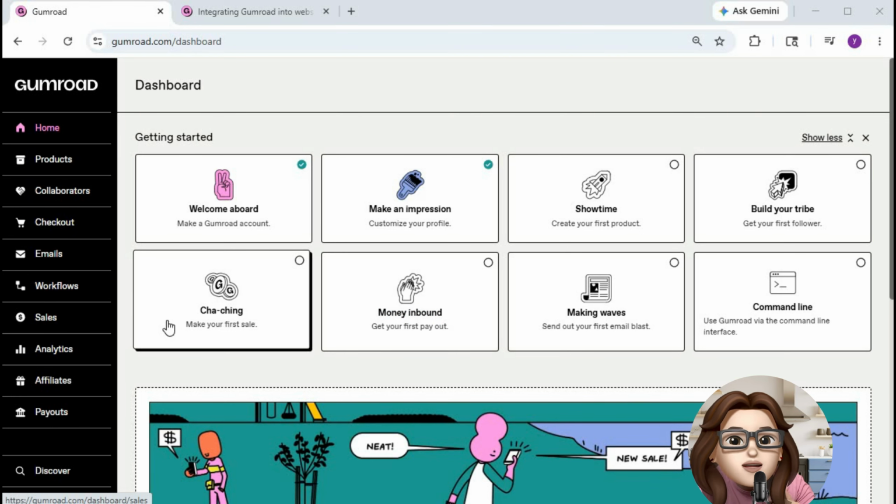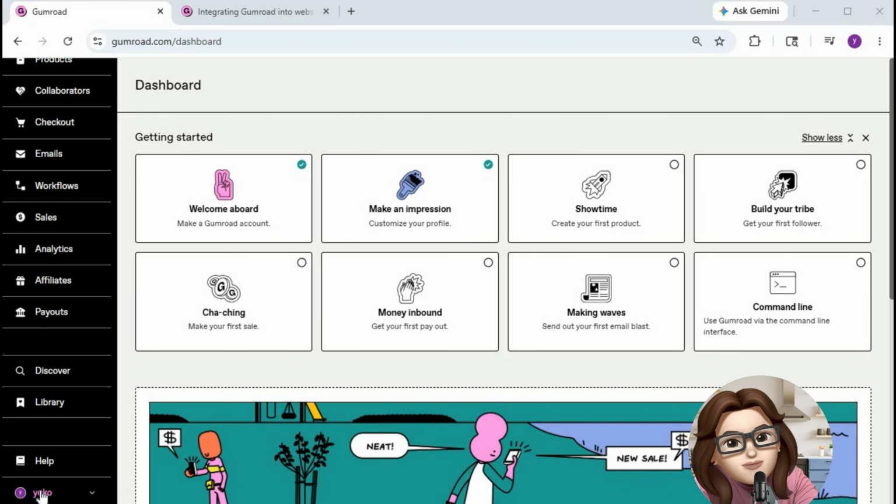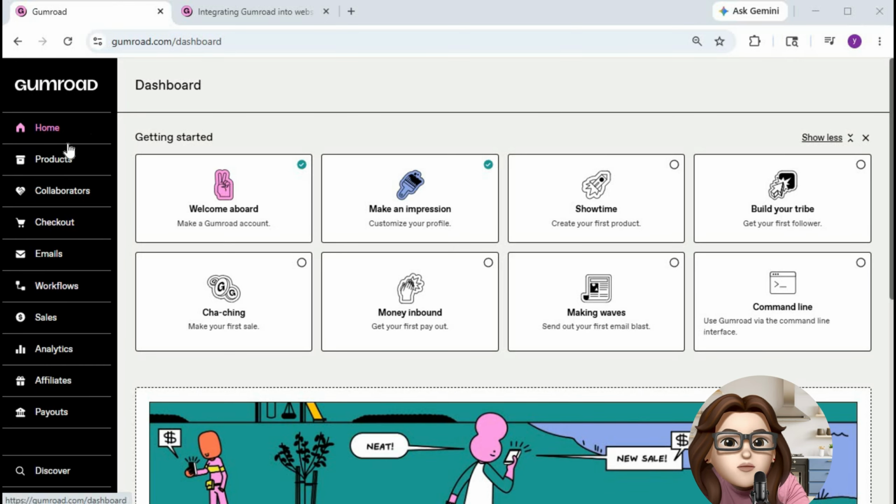In this tutorial, I'm going to show you how to add a buy button from Gumroad to your WordPress website. First, open Gumroad in your browser and sign in to your account. Once you are inside your dashboard, you will see sections such as Products, Sales, Collaborators, and more on the left